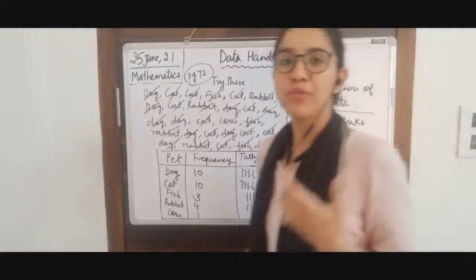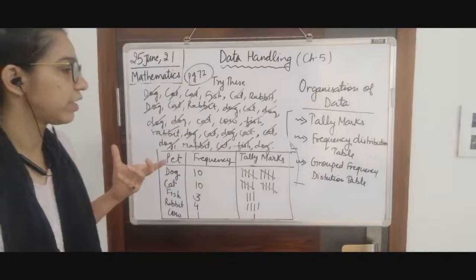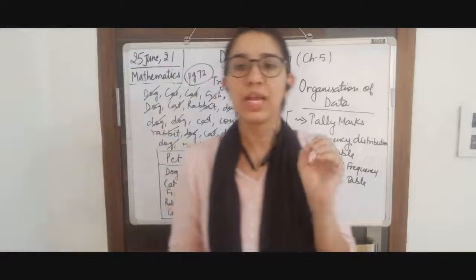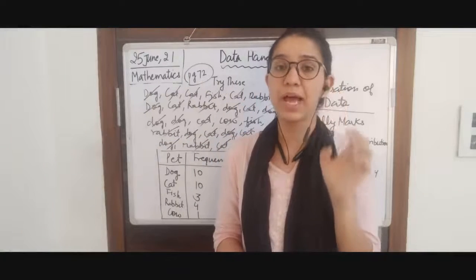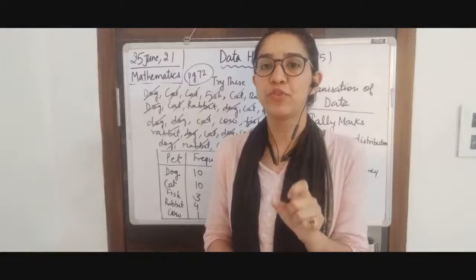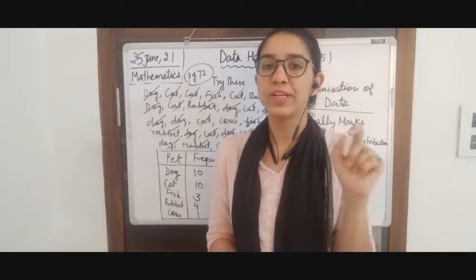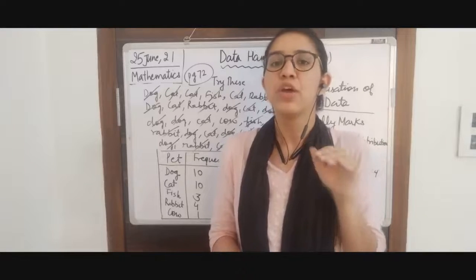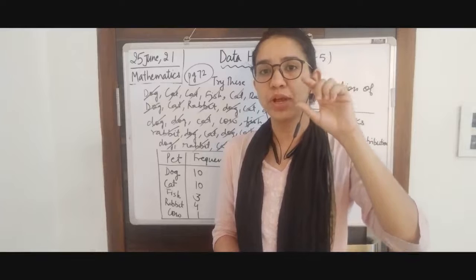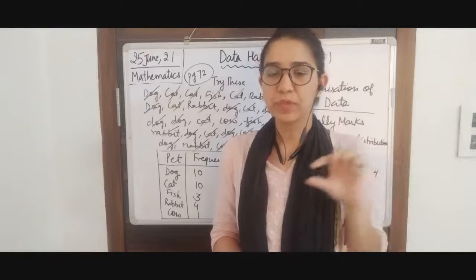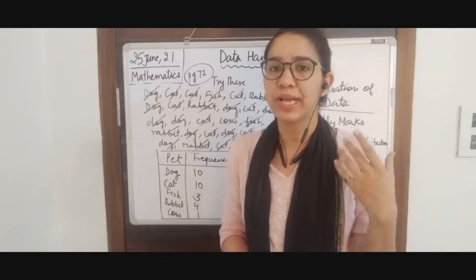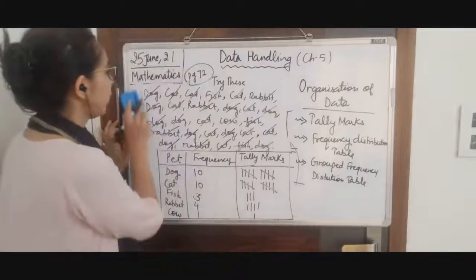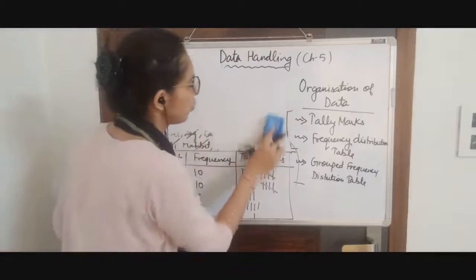So what we will do, we will group that frequency. How will we club? Suppose we want to club the students having weight from 0 to 10, then 10 to 20, 20 to 30 kgs. We are going to club the number of children in each, and then we are going to use those groups to organize our data, and later to represent our data using histogram. Okay, so we are moving on to the group frequency distribution table now.